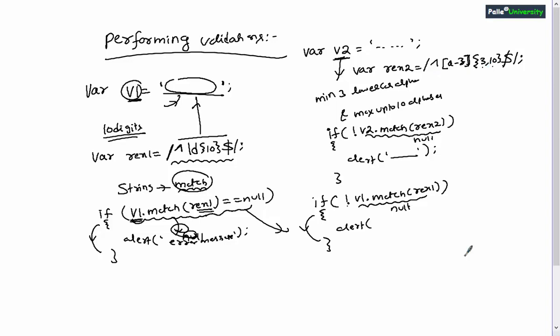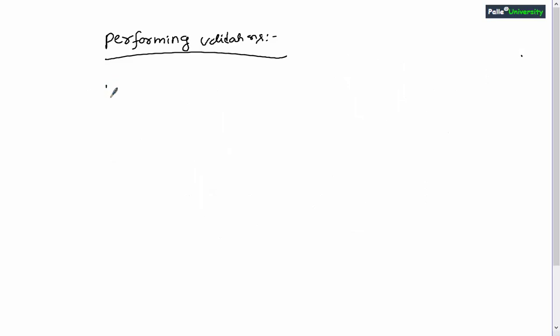Okay. Right. After this, I would like to show you one more basic validation sample, right? So after that, probably in the next session, I'll be explaining how to implement all these things in the JavaScript code directly. Now, let us say I'm having a variable named v3. I want to check whether this v3 variable is having full name or not, full name of a person.